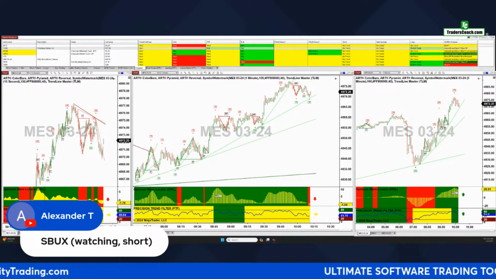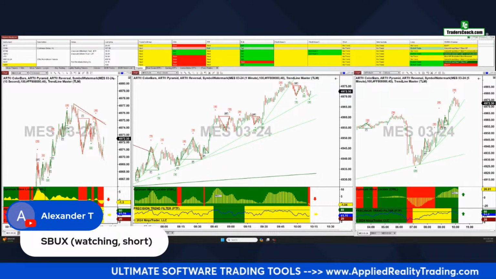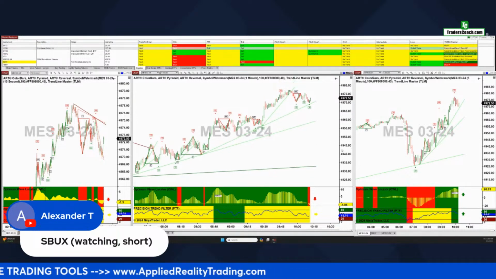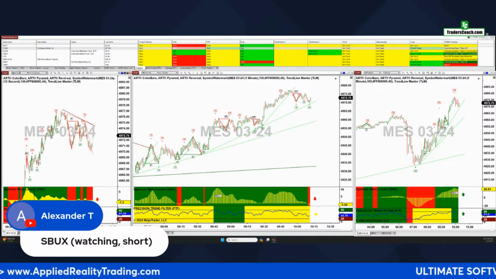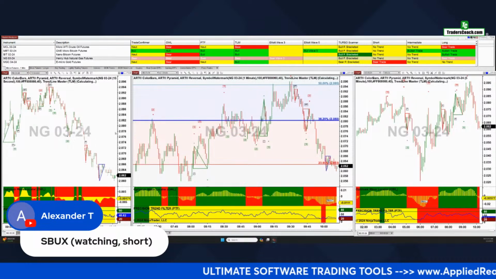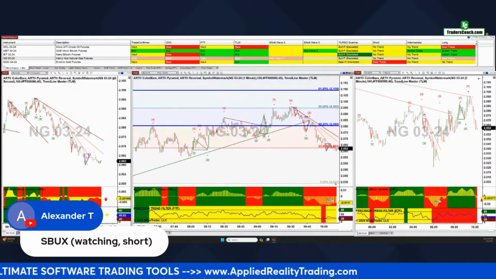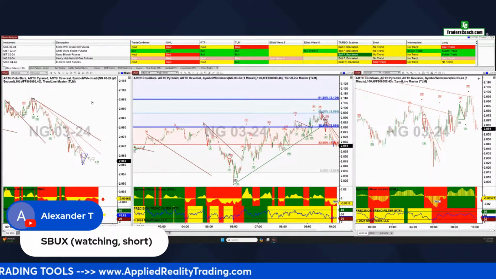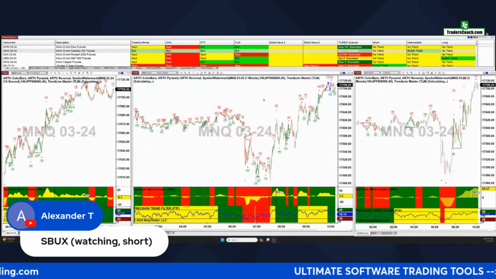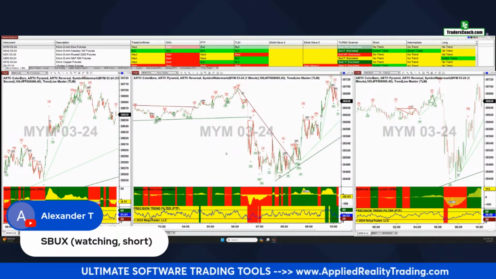So basically, we look for trends in the intraday markets as they unfold. And certainly we see some PTF scalps as well. This is the MES, which is the micro E-mini on the March 24 contract. But we also trade other ones here. This one, NG, thanks to Jim Blue, who's out there today. This was one of his favorites, and we like that one too, right, Jim? That's the NG contract. And then also the MNQ is out there. Notice nice big run-ups there. We've got the micro E-mini Dow.